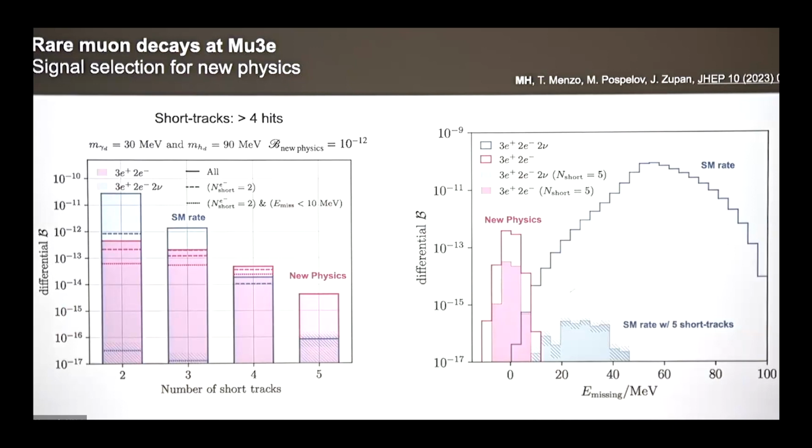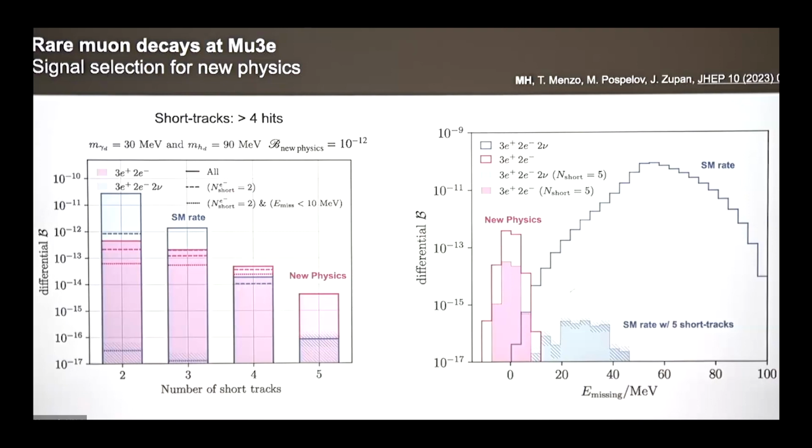So that's very challenging to reach. The new physics rate, on the other hand, if I start with 10 to the minus 12, is actually here at almost 10 to the minus 14, which is definitely doable. And you can see that the drop-off for new physics is much gentler than the one for the standard model, purely because the standard model has to share energy with more particles. And you can also see that if I require always to have at least 2 electrons in this sample, the difference in rate is not that much.